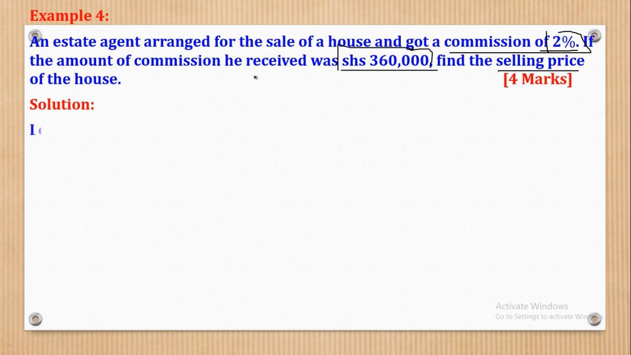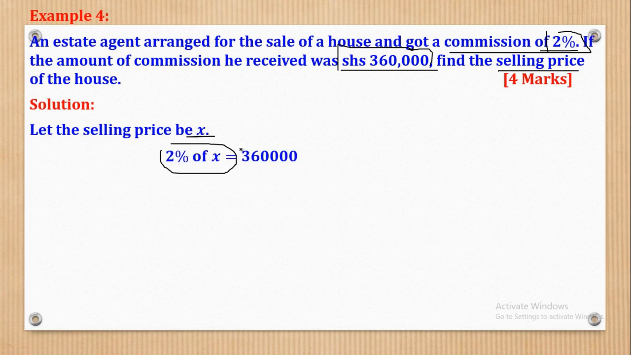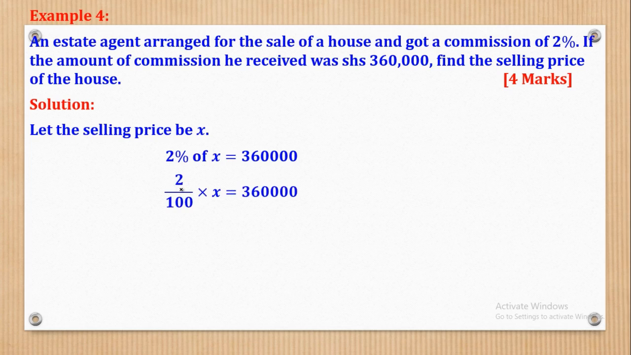What does that mean? We have to come here and say that let the selling price be X. So when you say selling price be X, it means that 2% of X will give you the commission, which is 360,000 shillings. Now we know what this word 2% means. 2% means 2 over 100, and the word "of" means multiplication. So we shall substitute and say that it will now become 2 over 100 multiplied by X will be equal to